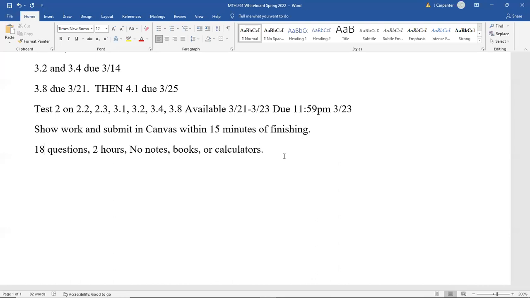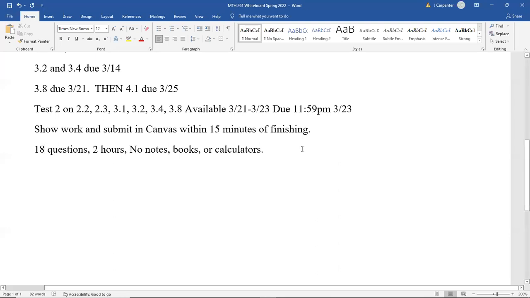If you don't have either of those things available, you're going to need to email me sooner than later so that we can work out a situation for you to take it in a testing environment, preferably at TCC, so that it doesn't cost you anything. So again, please be in communication with me sooner than later about that if you have absolutely zero access to some type of camera for test 3 and for the final exam.